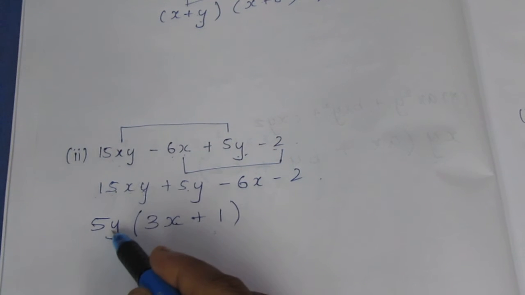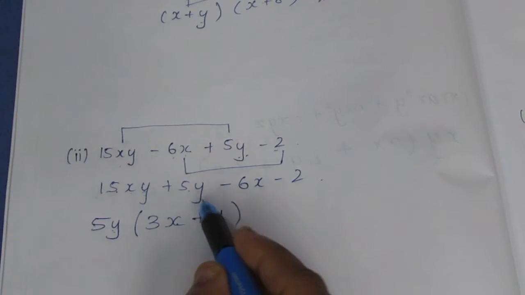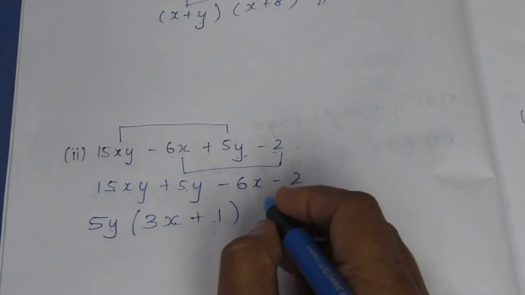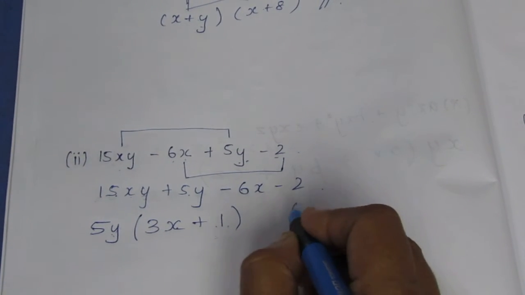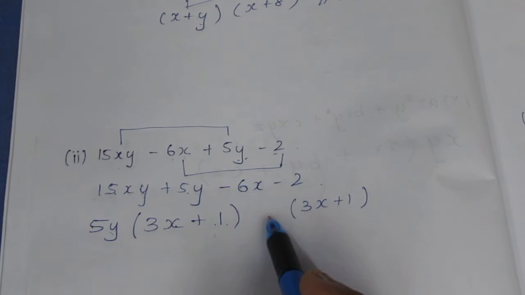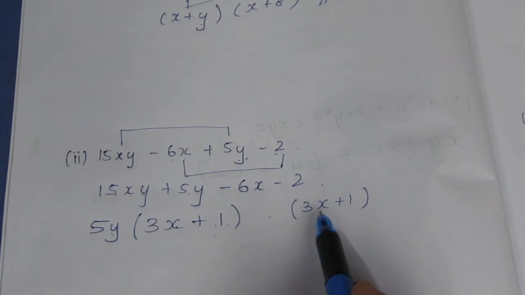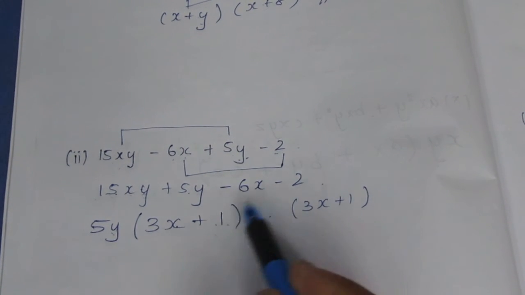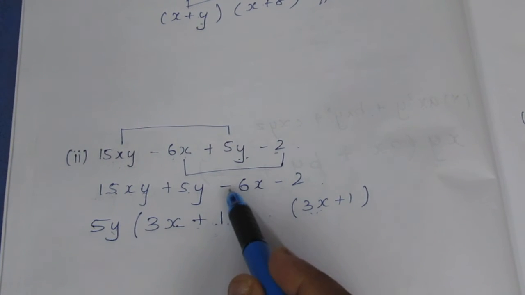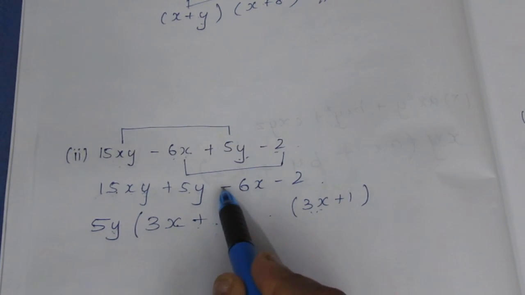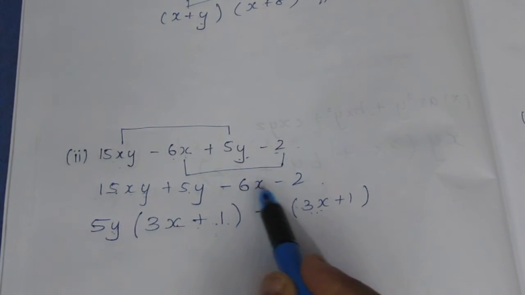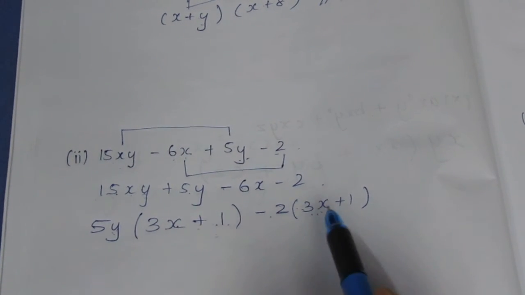If everything has come outside, and there is no common, then we need to write 1. So we should write 1 here. As I told before, the bracket should be the same. So write the bracket first, then think of the number. This will be very easy while taking the common outside. I know that the bracket should be the same, so I have written the bracket first, then I think of the number, what will come outside. Here we don't have a minus sign inside the bracket, so minus sign, 3 2s are 6.